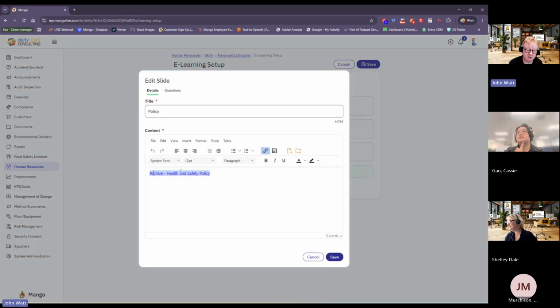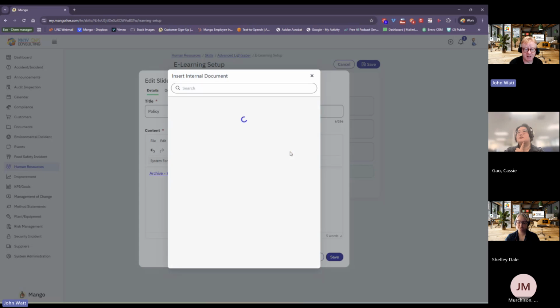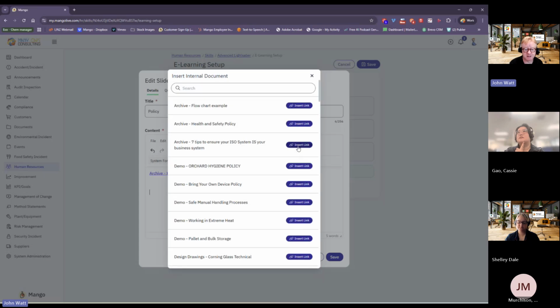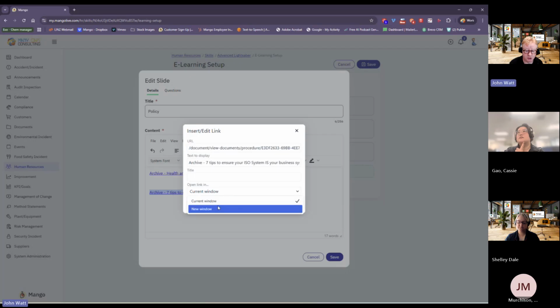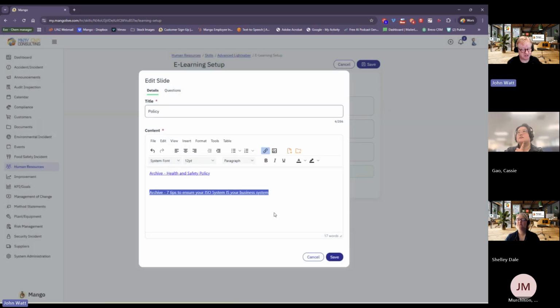What I've done here is these two buttons link to our documents module. If I've got a document, a policy or something I want somebody to be trained on every year, we've got a client whose team come back after Christmas and say, right, everyone's going to reread this policy and they're going to take the quiz again. So they just link in whatever the policy is to a hyperlink, and I'm going to say open that in a new window. And that's it. That's the training set up.